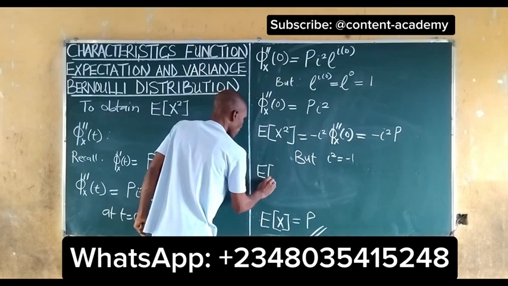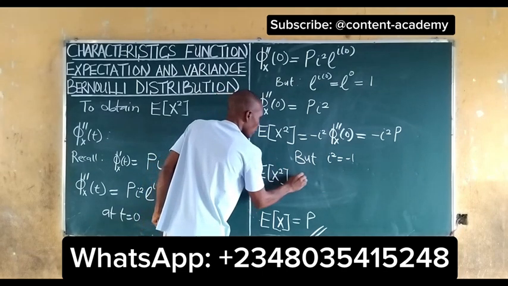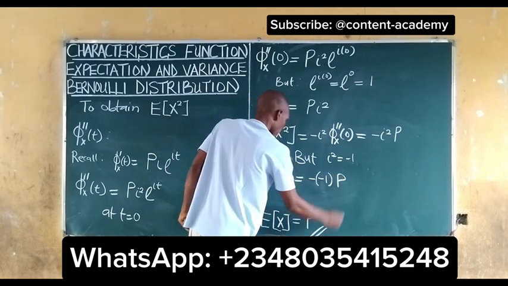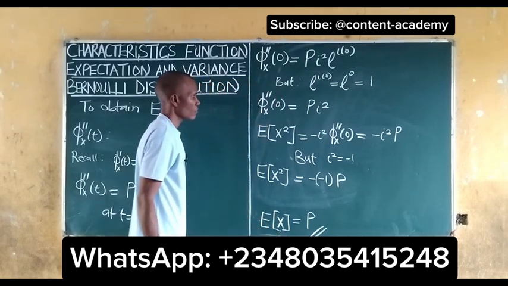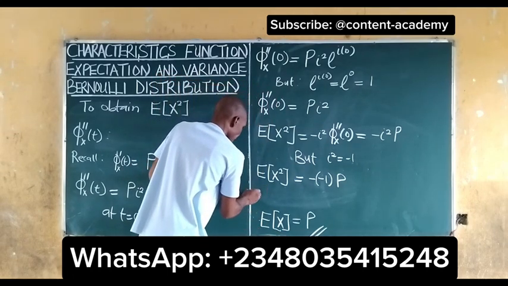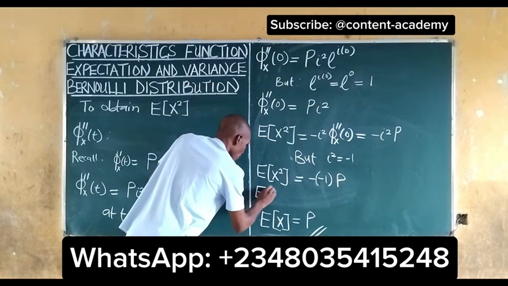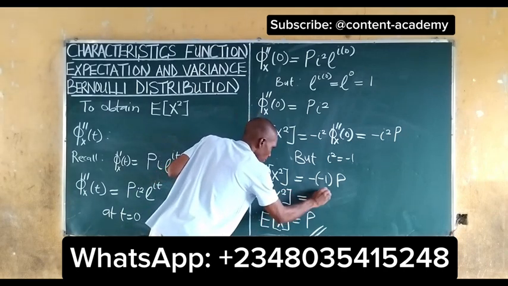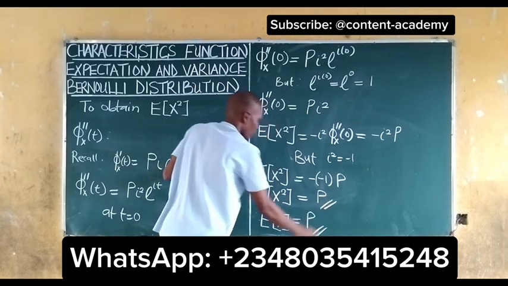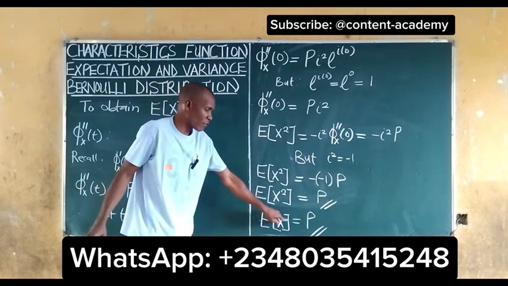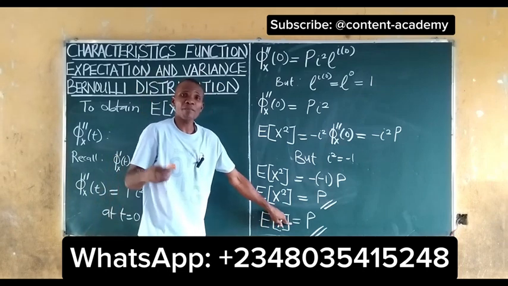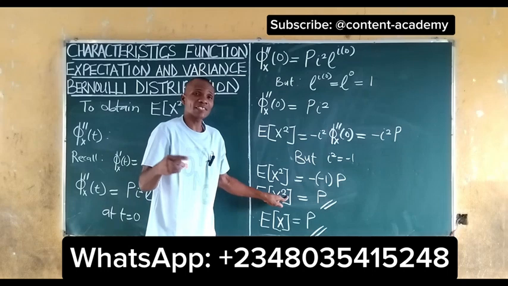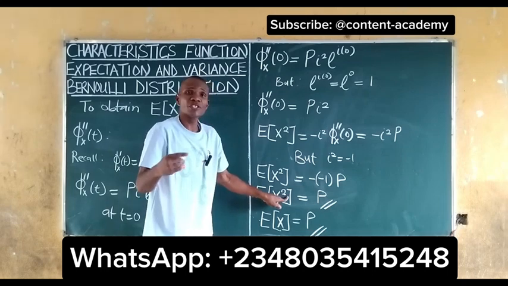So our expected value of x squared is equal to negative into negative 1 and p. So it then means that our expected value of x squared is equal to the same p. So for the expected value of x for the characteristic function of the Bernoulli distribution, we have p, while the expected value of x squared for the characteristic function of the Bernoulli distribution, we have